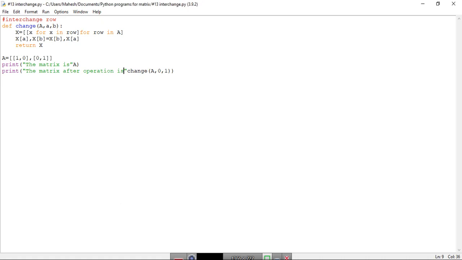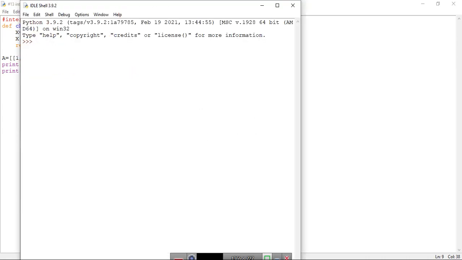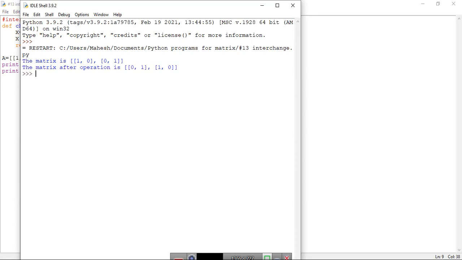This will be a much cool one. Okay, sorry, I need to put the commas. Comma here and one more comma here. The matrix is 1 0 0 1. The matrix after operation is the second row becomes the first row and the first row becomes the second row.